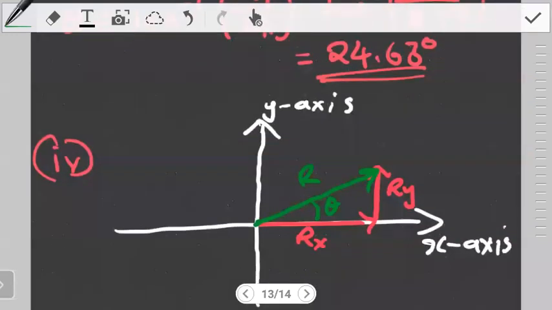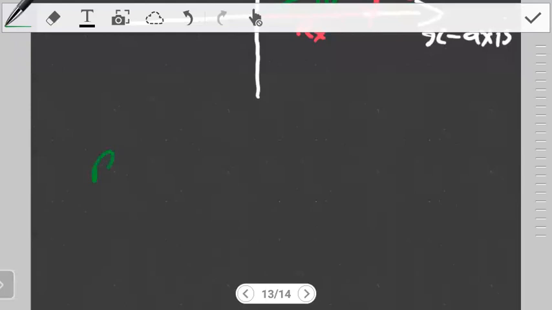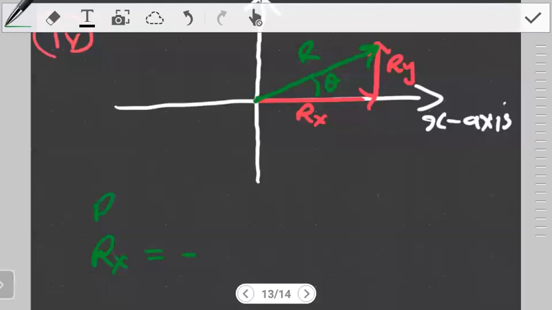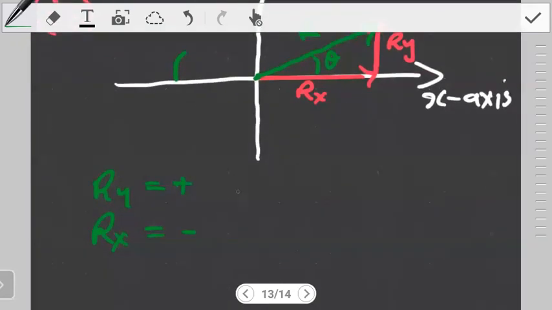Just to give you guys a heads up, if you realize that any of the components is negative, then you have to take another step. If the x component is negative, let's say, and the y component is positive, it means that the angle you found is here, meaning that you have to subtract it from 180. If the y component is the one that is negative and the x component is positive, it means that the angle you have found is this side. In this case, you have to subtract that angle from 360 to get the angle that is anti-clockwise